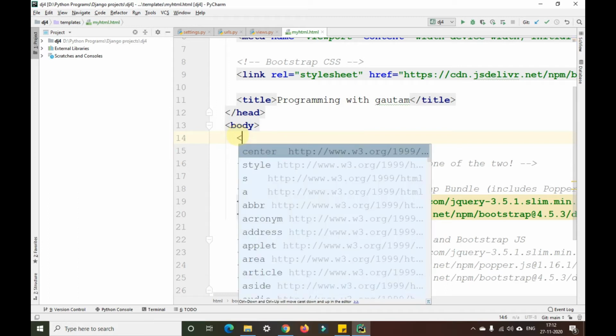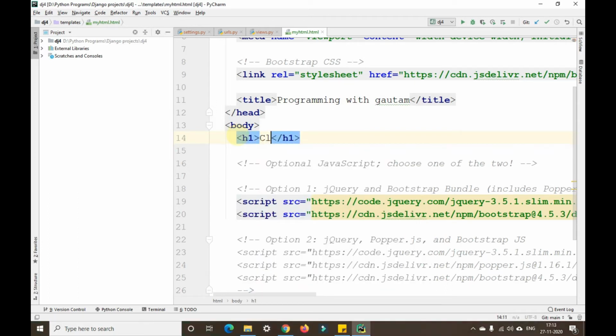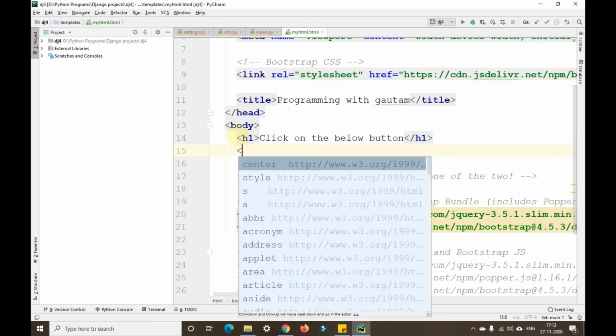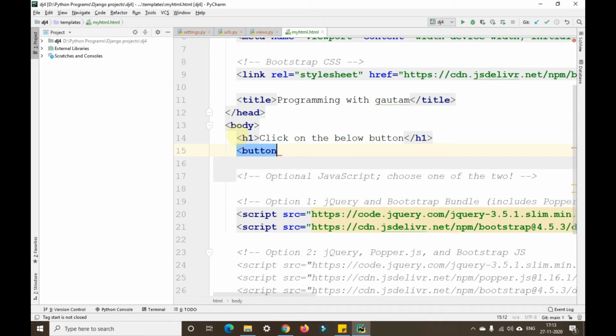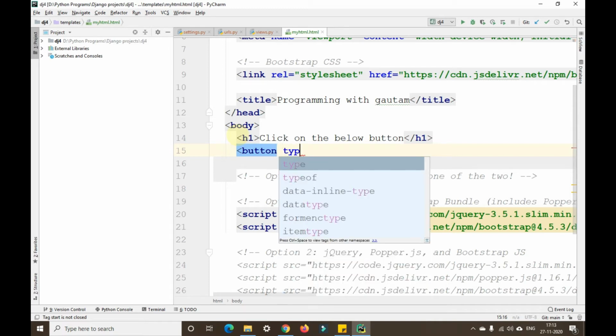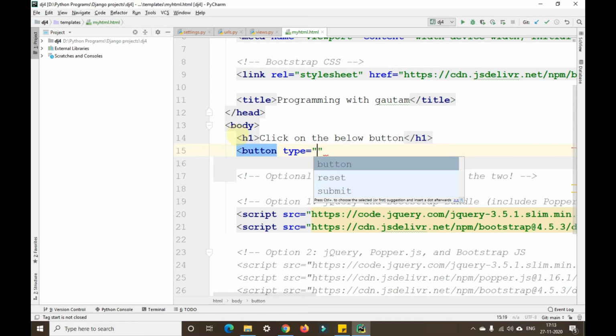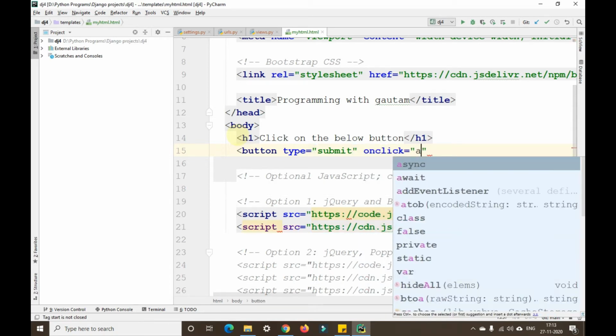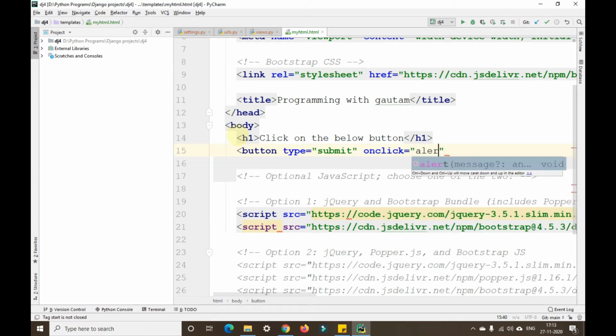I'll write in h1, click on the below button. Okay. Now I'll give a button tag here. In that button, I'll give type submit, onclick equals alert.